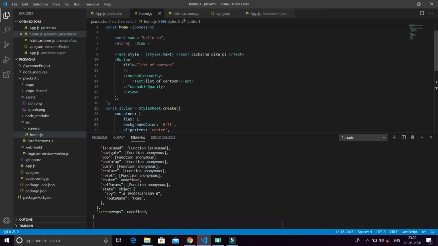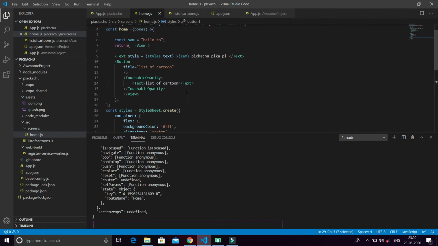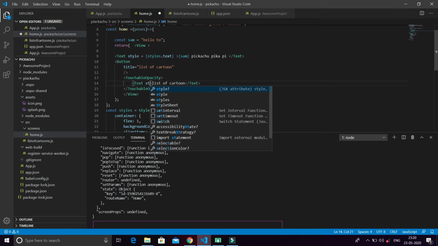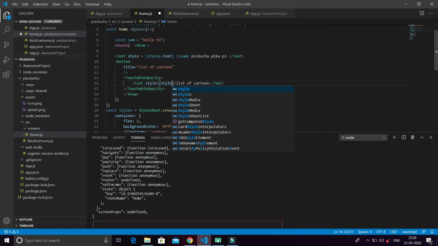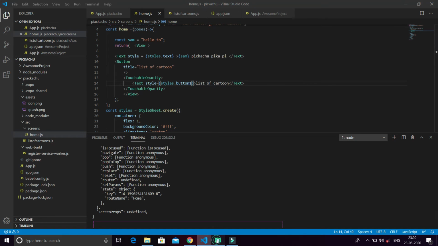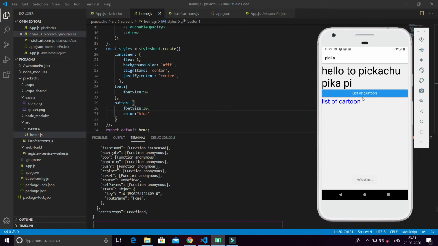We have to call it in this, so I copy button one and put this style in it: style equals styles.button one. Okay, and I press Ctrl S. Here you see the list is there. As you see, the button appears.